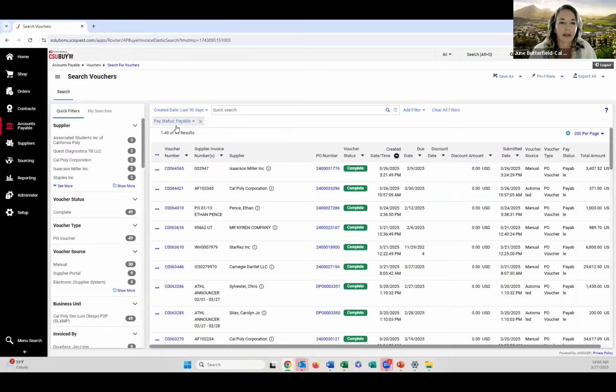Once again, we can see that my PIN filter, but we added that pay status is at the payable. Let's go ahead and change. We were at the in progress. Now let's go ahead and change to the payable status. We can apply that. And we can navigate to the vouchers that are in the payable status by selecting the